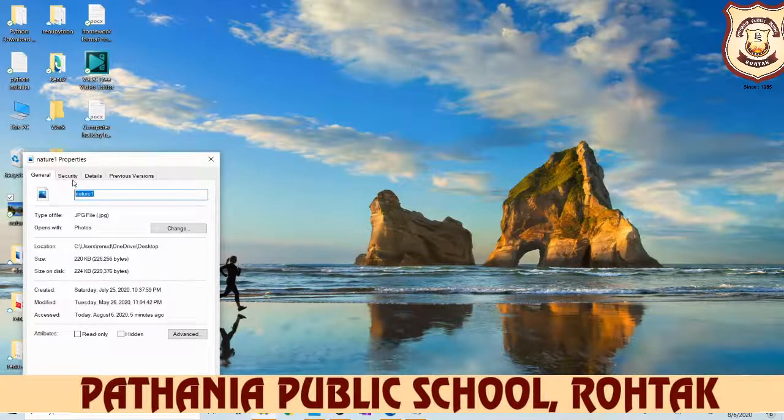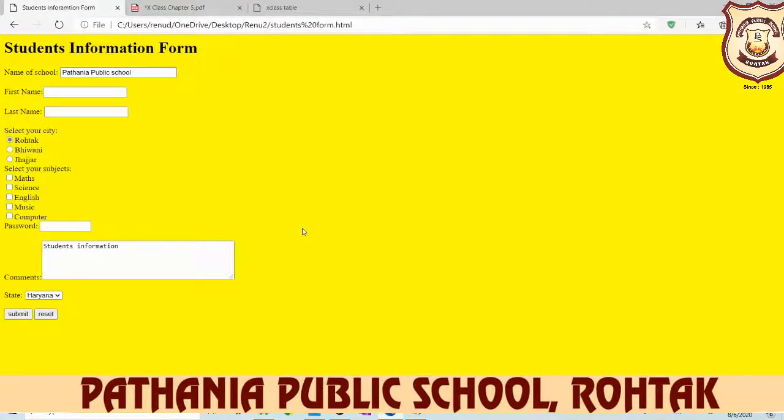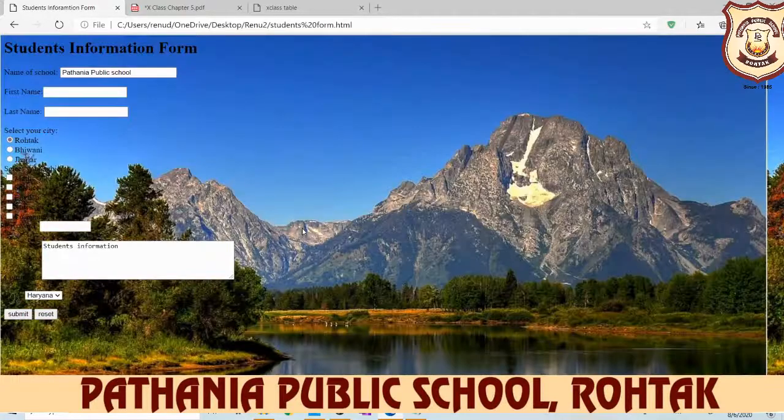So copy it again and open your notepad and you paste here, and then write down .jpg inverted comma close. Now you save this file and open your browser directly without going to the HTML file, and you refresh it here. So you see, as a background your image will be displayed.